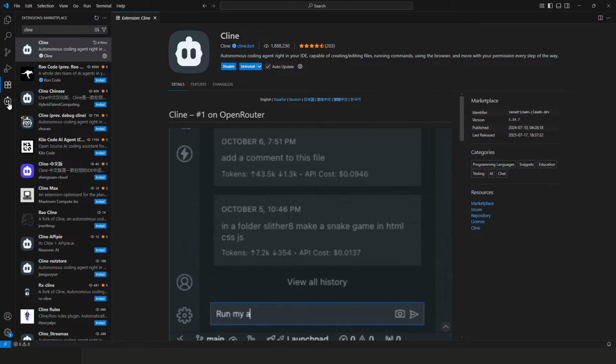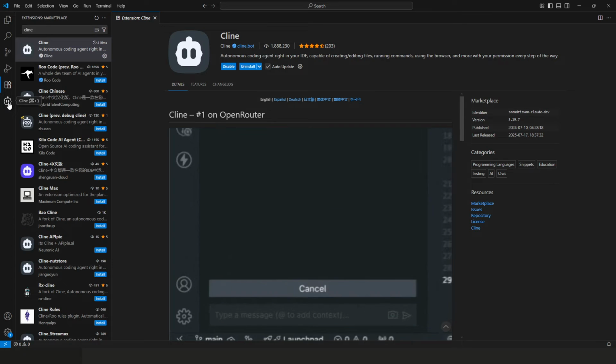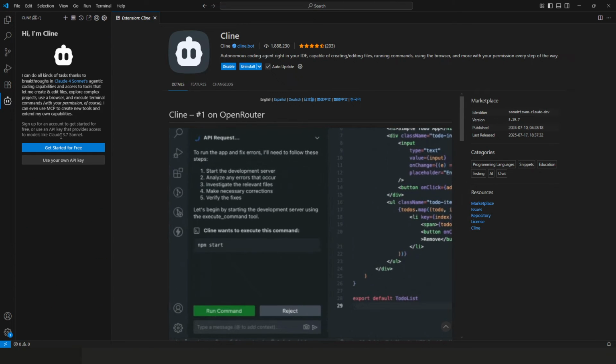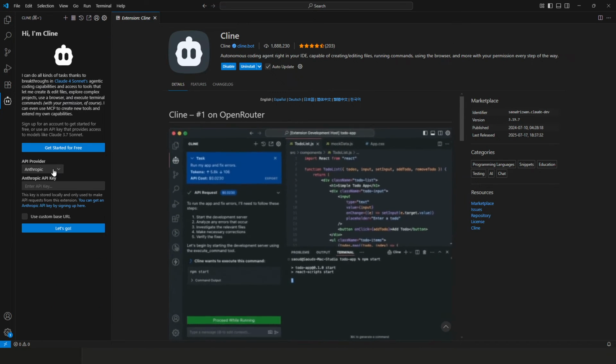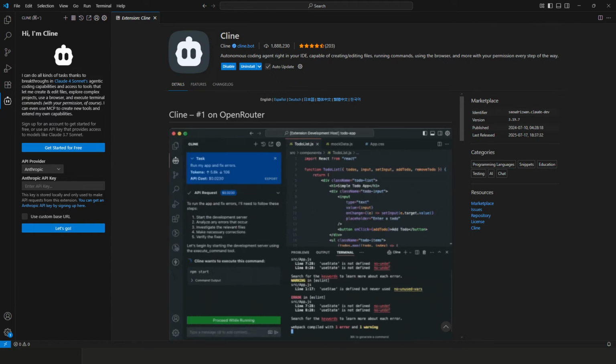Once you have finished installing the app, click on the Cline icon on the left side. Click on Use Your Own API key. Change the API provider to Anthropic. Now, in your web browser, you want to navigate to